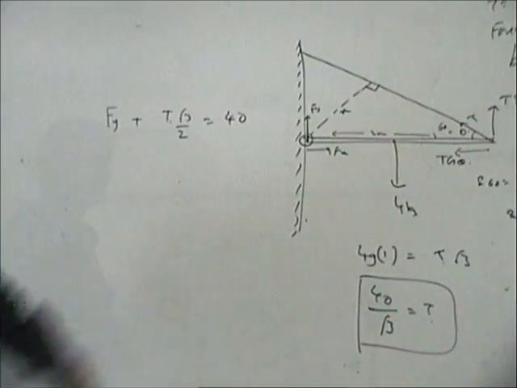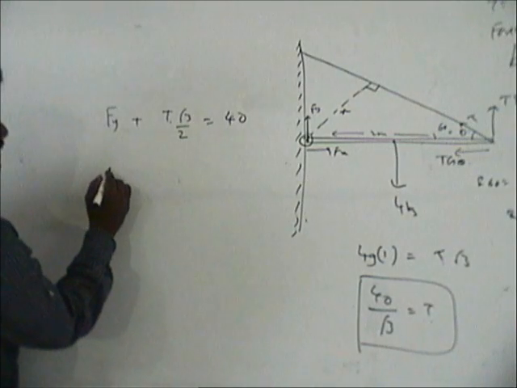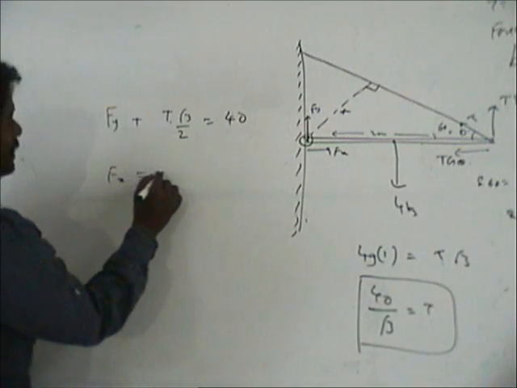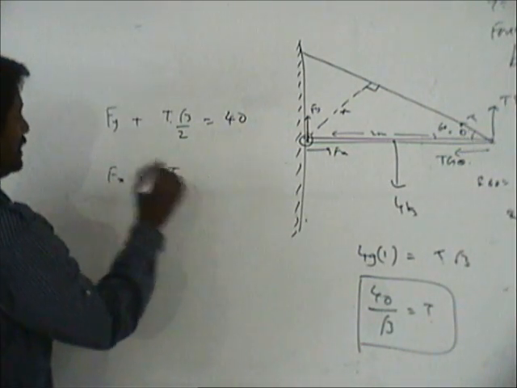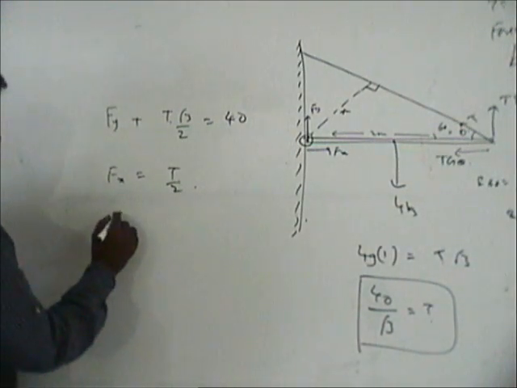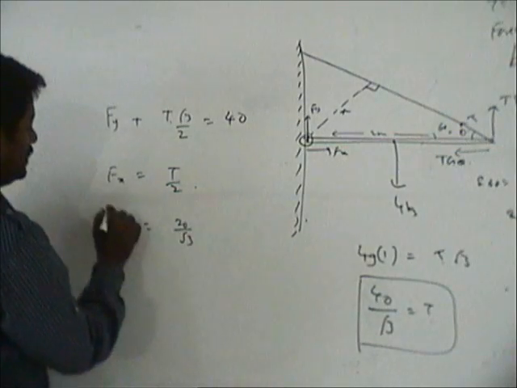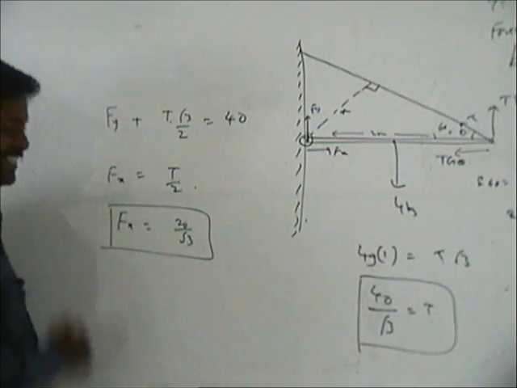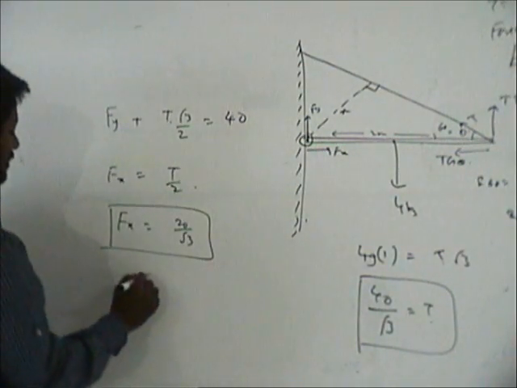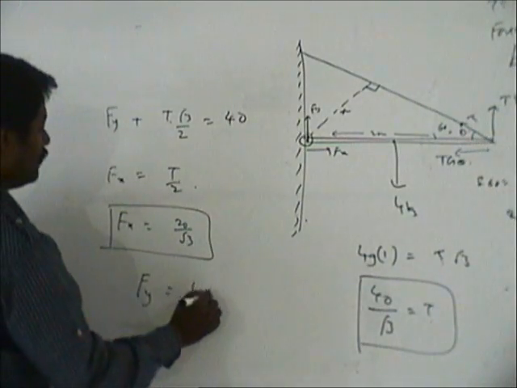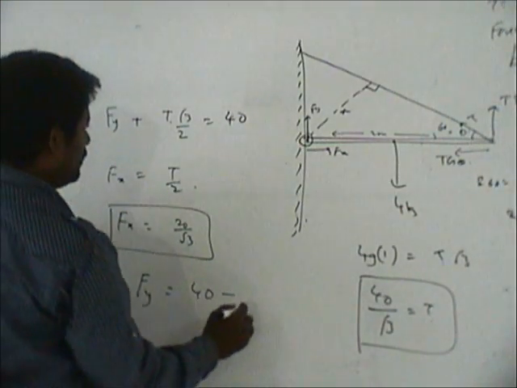T sin theta, sin 60. And again Fx equal to T cos theta, that is T by 2. Therefore, you have Fx as T by 2, 20 by root 3. We got Fx. Now to get Fy, Fy is 40 minus T root 3